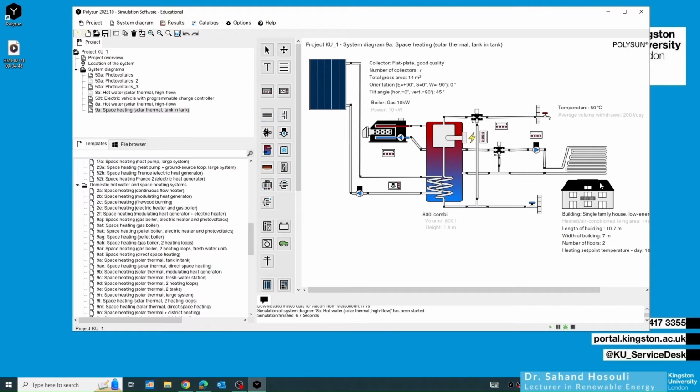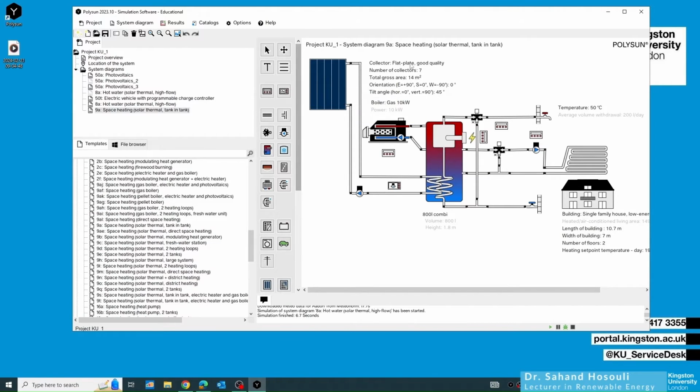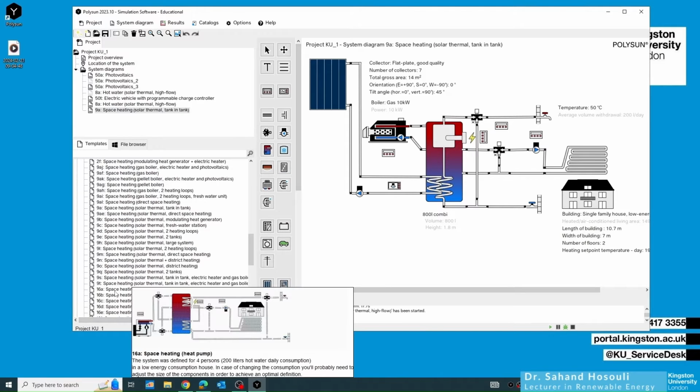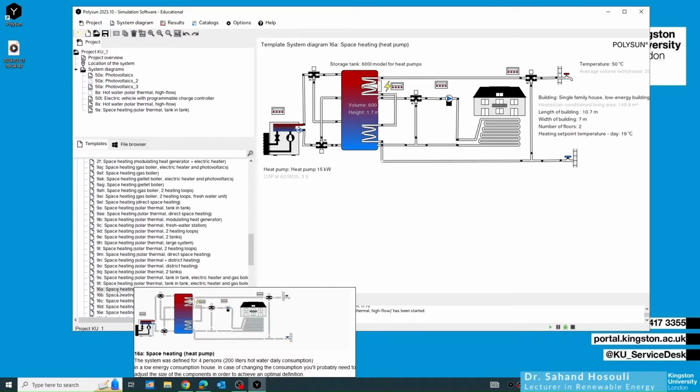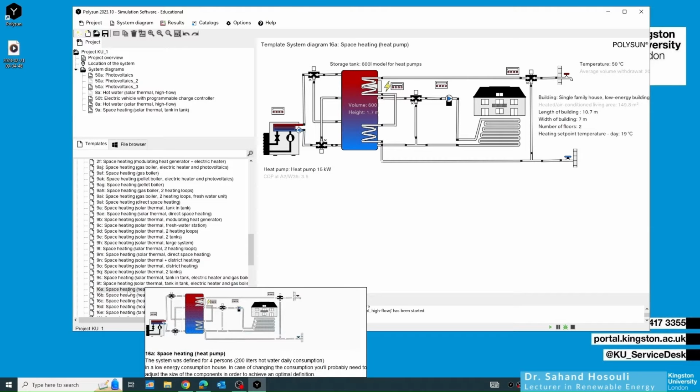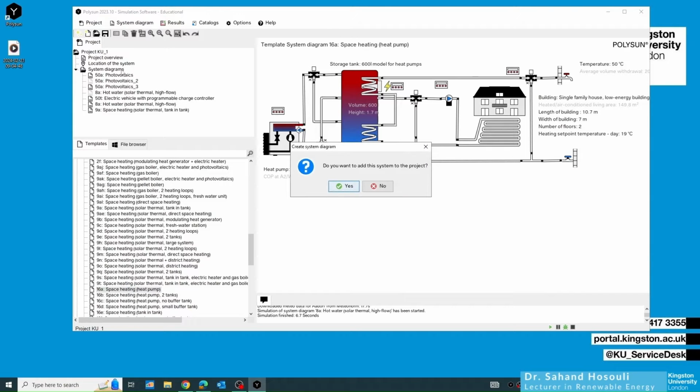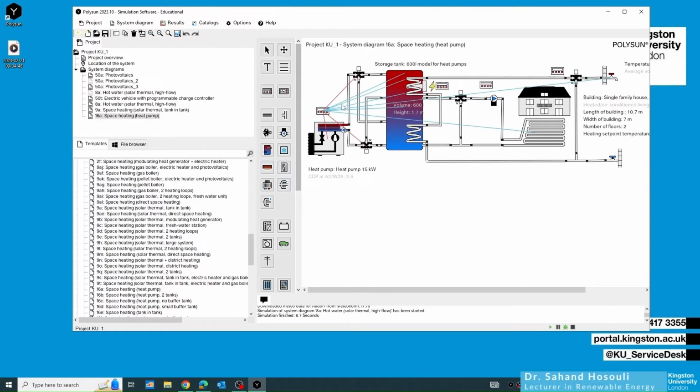So as you can see here, now I have a demand for hot water and also floor space heating. This one is also with the solar thermal, as you can see, but I might go completely without solar thermal. So I can select, for example, this one, which is a space heating with the heat pump, only heat pump. If I double click on that to add to our system diagram, in a similar way, it's going to ask me the question and I confirm. Now I have only the heat pump, which is basically an air to water heat pump with the controller. Now I have hot water demand and also floor heating